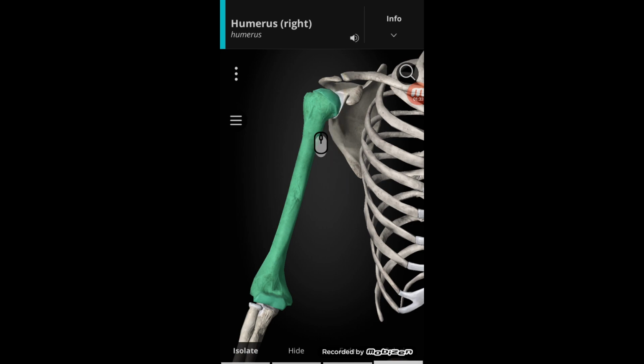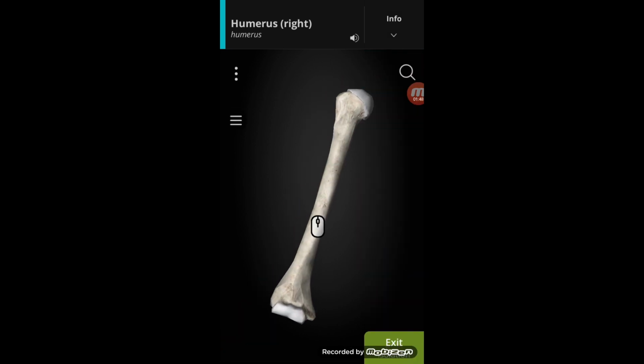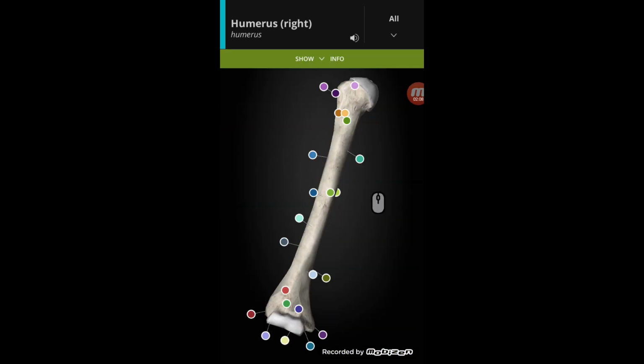So this is the head, this is the shaft, and this is called the upper half, and this is called the lower half. So let's move towards the osteology and the landmarks. Here we have the humerus bone. So now you have got the major points and the general parts of the humerus. Now we will discuss the landmarks of the humerus. So first of all, I will start with the landmarks of the humerus.